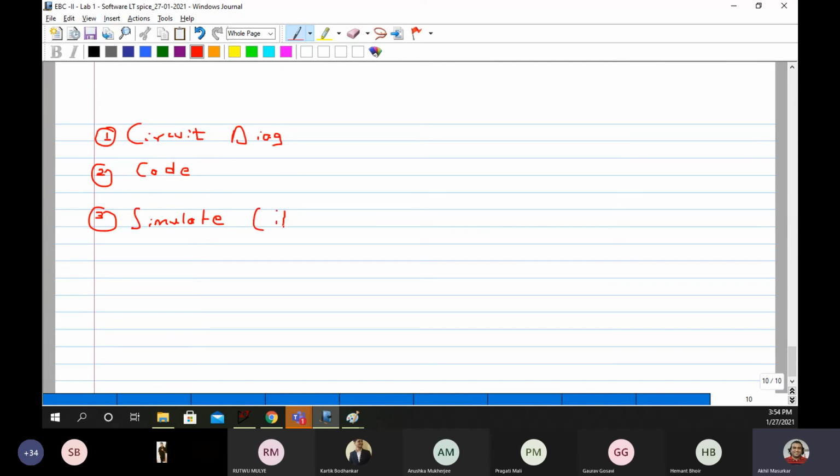First simulate input characteristics for E and D, and then fourth will be simulate output characteristics for E and D.